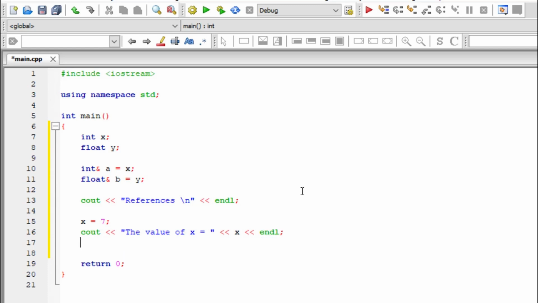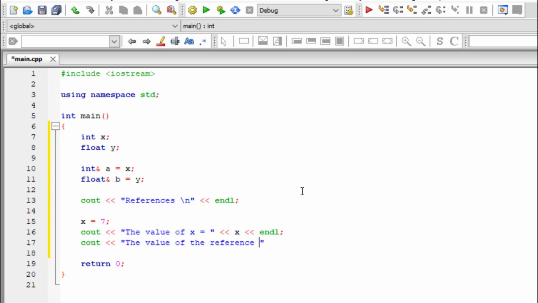Then let's print out the value of the referenced variable: the value of the reference is equal to,